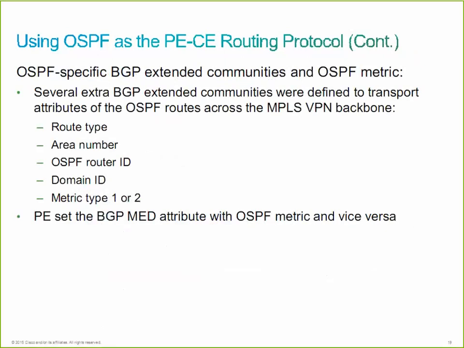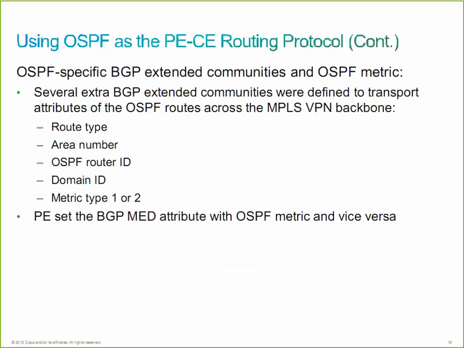The PE router is actually able to reconstruct the OSPF route, just like we talked about with EIGRP using these BGP extended community attributes. The PE router is able to reconstruct the OSPF route with OSPF specific parameters that are carried in the BGP